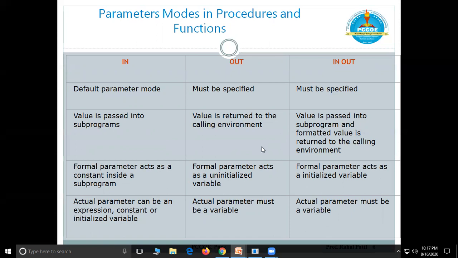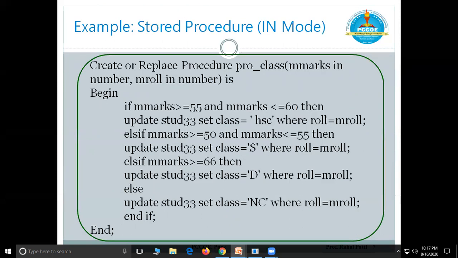How it can be used in a procedure, we'll see with an example so that your idea will get clear. Now keep in mind, subprograms like stored procedures and functions can be written for a requirement or task which may arise repeatedly in your environment. Instead of writing it again and again in each and every PL/SQL block, that functionality can be created using a procedure, compiled, and stored in the Oracle database, so that in future you need not write it again, you can just call it and use it in your PL/SQL block.